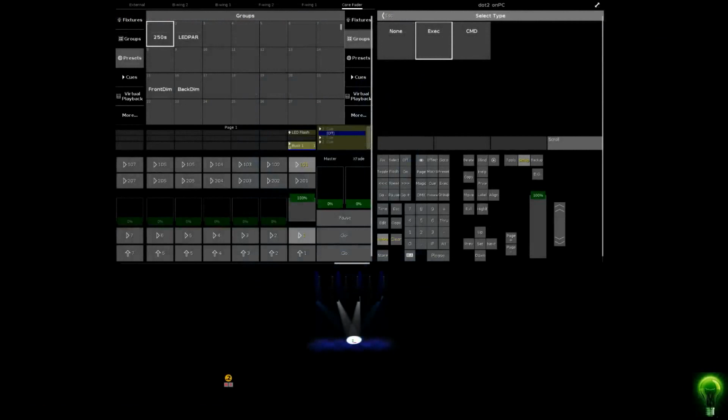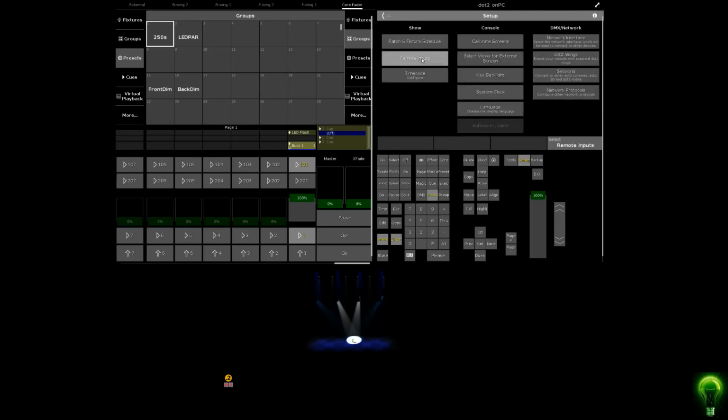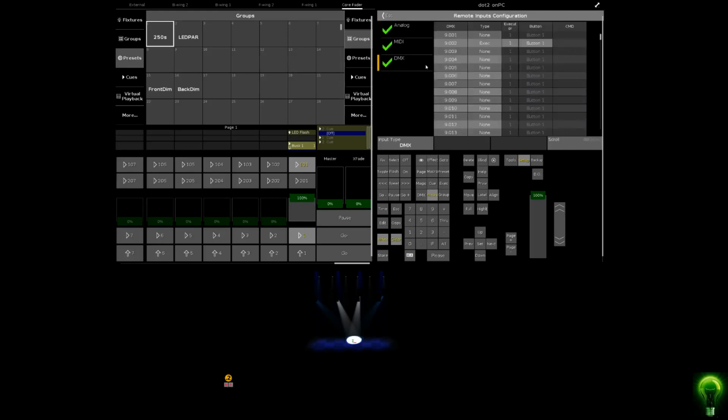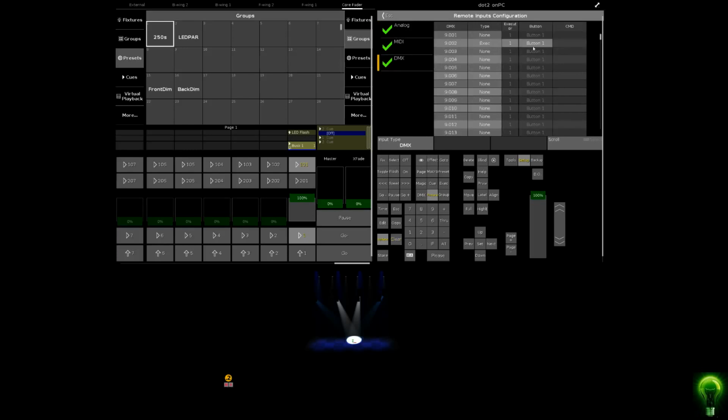Congratulations, Alex. So, let's go through all of that again, because I didn't bring up the right view. Good on me. Look at how professional we are at console training. So if we click Setup, and we go Remote Inputs, we've got our three different input types. So we've got analog, MIDI, DMX. And we can select the type, so we can go executor, we want it to be a button or a fader. MIDI, do the same thing, DMX, executor 1, button or fader. And we don't have,